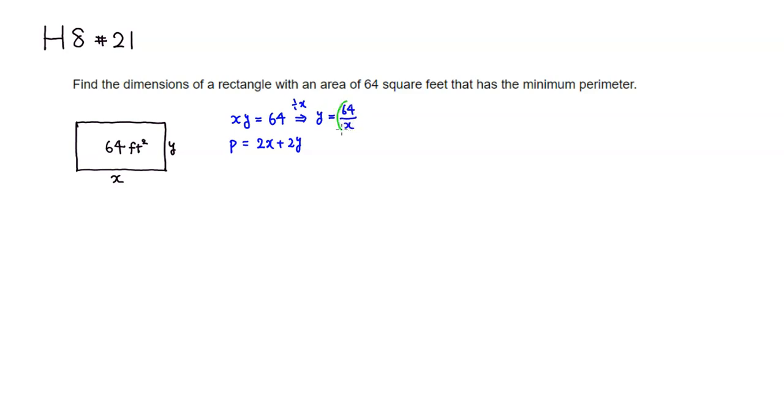Then we can just plug this in right here. So this is going to be 2x plus 2 times 64 over x, which is 128 over x. So we have a perimeter function in x, and we want to minimize this function. I'll call it P of x, which is 2x plus 128 over x. And we want to minimize it over